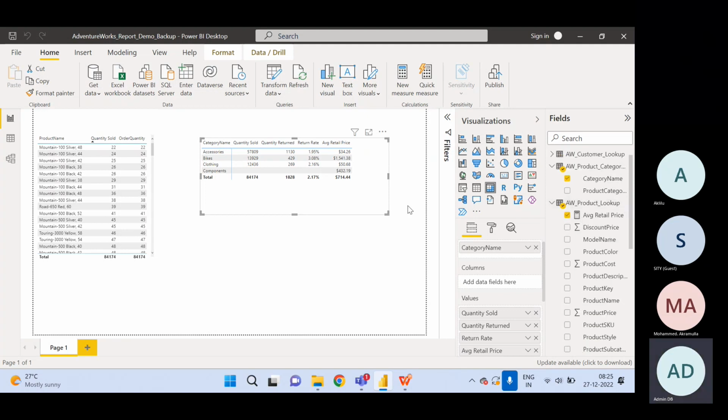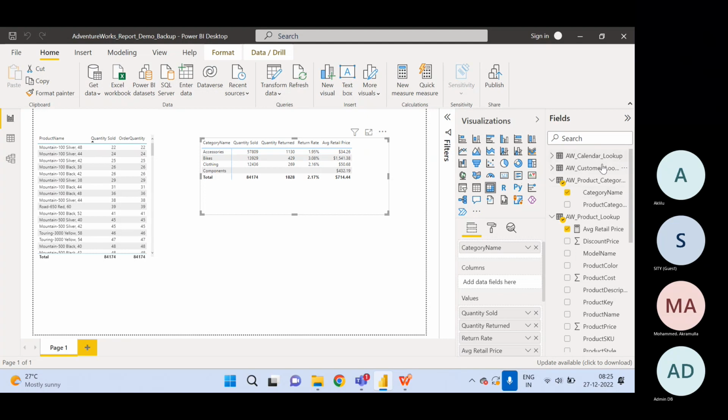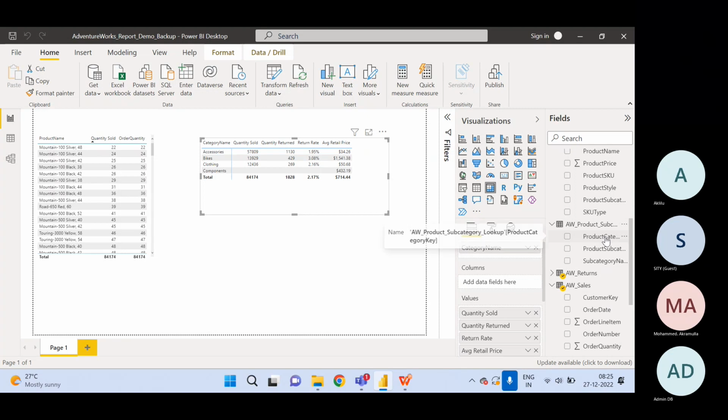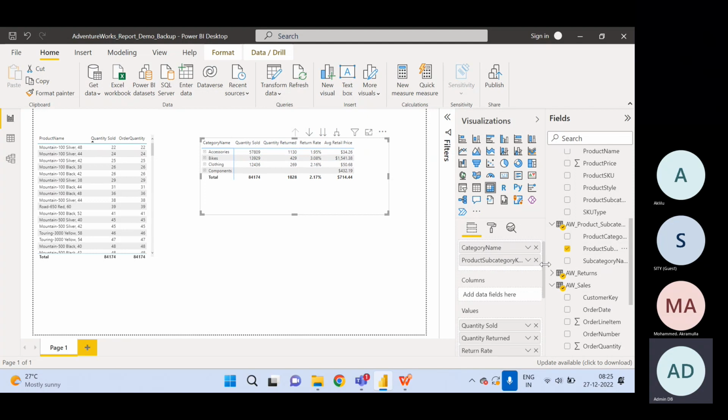Okay. So last thing I want to show is something called drill up and drill down, which will come over here, which you can see. Along with category name, let me pull subcategory, right? There's the subcategory column. Yeah, subcategory. Okay, and then